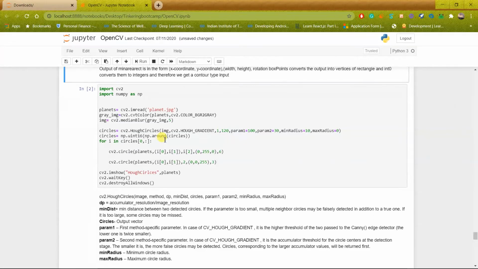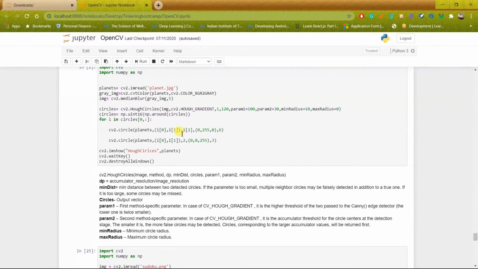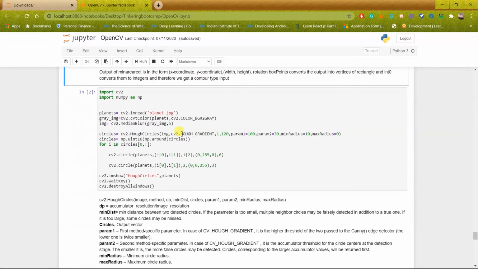Okay, so what I first do is I take the image as an input, and after that I convert it to grayscale. I apply the median blur. So if you remember, the input of the dot find contours or all the functions which I mentioned above could only be the single channel image, but this is not the case with Huff circles.